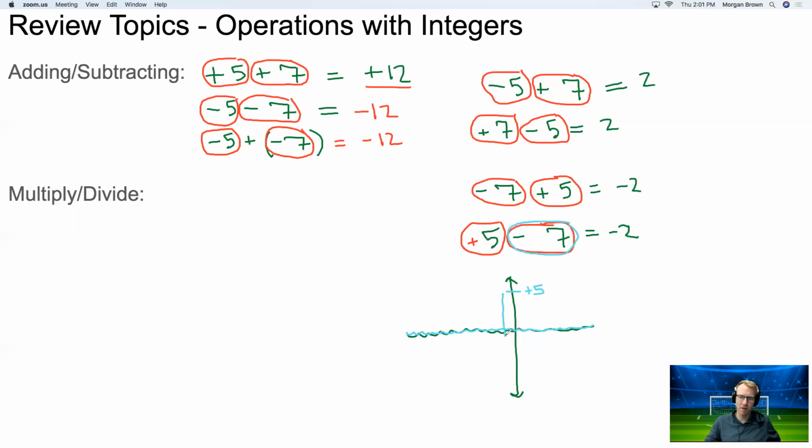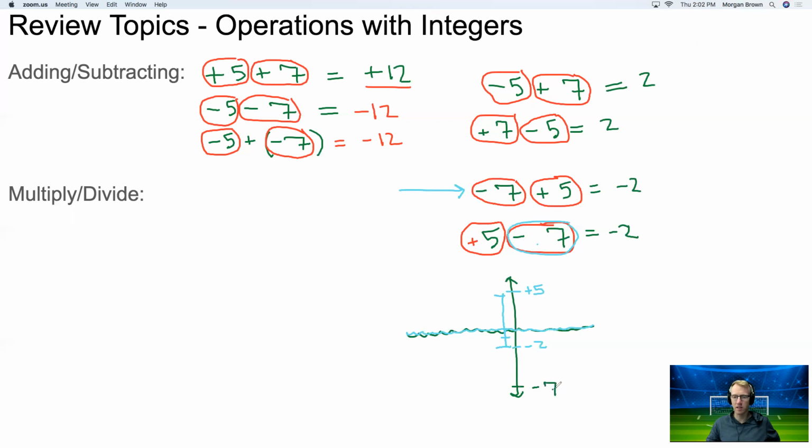1, 2, 3, 4, 5, 6, 7. Well, the first 5 feet took you to the surface, and the next 2 feet took you 2 feet below the water. So if you start at 5 and you go down 7, then you're going to end up at -2. The other way of looking at it is if you started at -7, so you're starting way down here at -7,